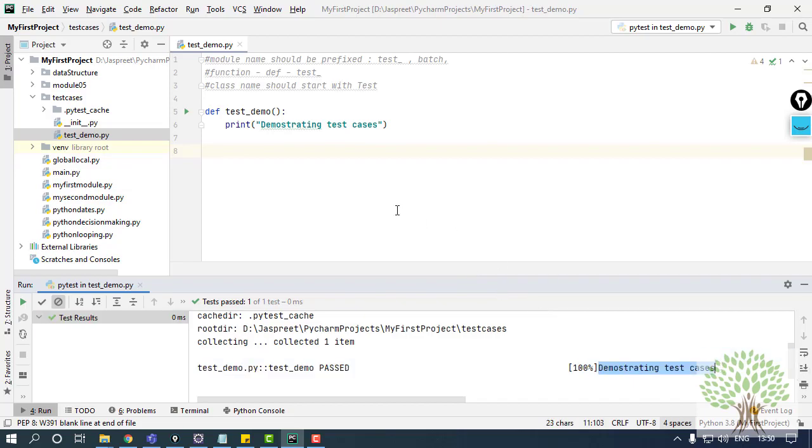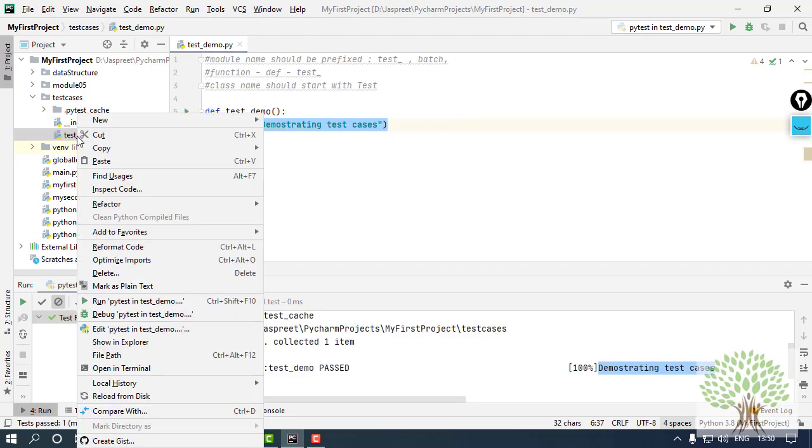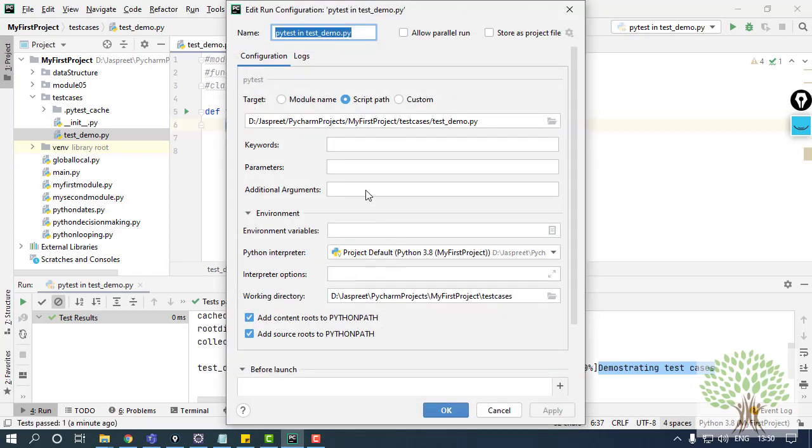Also, in your case, you will not get this print statement directly. For this also, you have to make some changes. Right click over the module name, and just below the run option, you will get the option of edit: Run debug edit. Click on edit, and here you have to give a number of parameters.